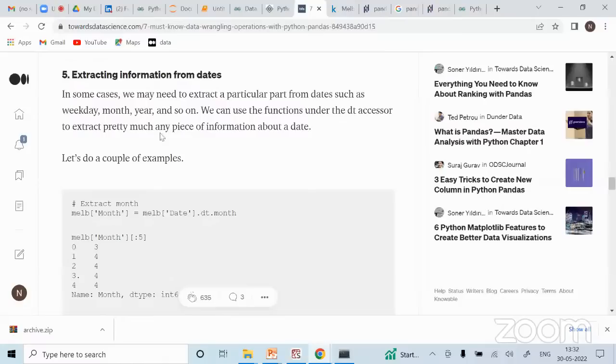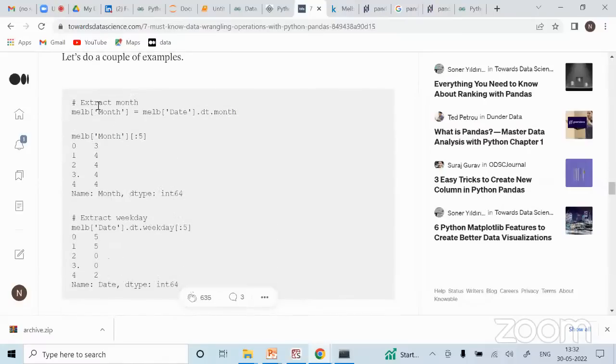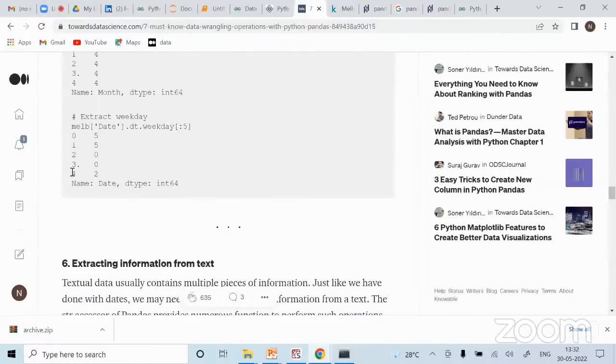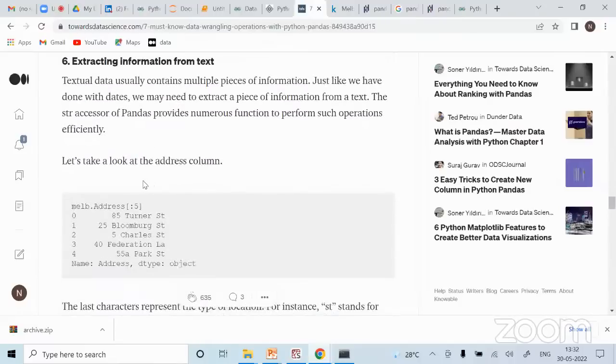Then you have extracting information from dates, so that you can do. So let's say I want to do some analysis on a monthly basis only. So I could have created a new column called month, जिसमें कि मैंने डेट देके simply .dt.month. We saw this when we were learning about the datetime thing. So you can simply get the month of this column. Similarly आप weekday ले सकते हो, whether it was a weekday or not, starting from 0. Likewise you can extract the information from the date.